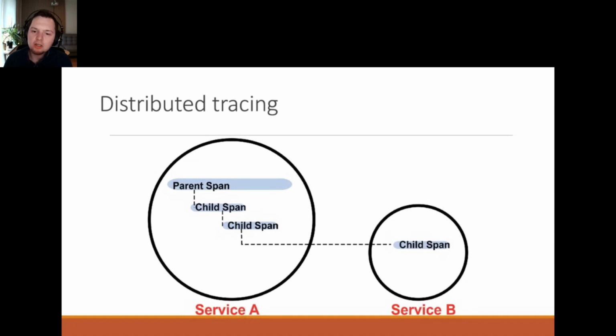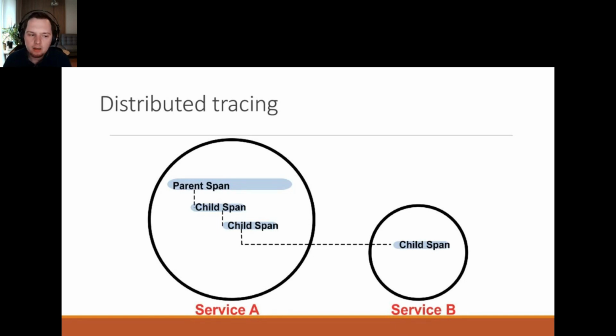But if we are talking about tracing in microservices or serverless, when we have multiple services, we have to distribute it somehow, and we have to have correlation between the events that are happening in your system. So a trace simulates the entire journey of a request that moves through the system.